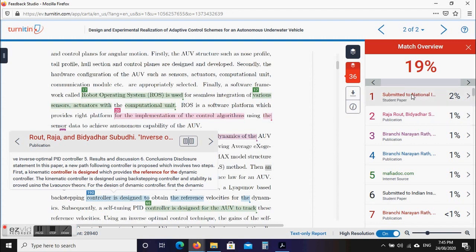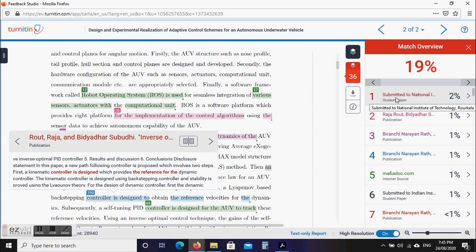Now, an interesting thing I am showing you here: what is submitted to National. See, once you bring your cursor here, it will also display the full message of the actual URL. So it is submitted to National Institute of Technology Rourkela.